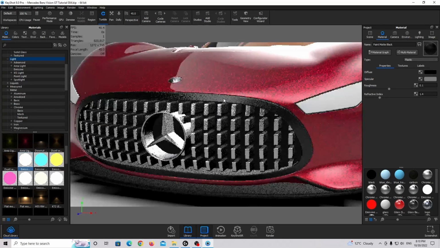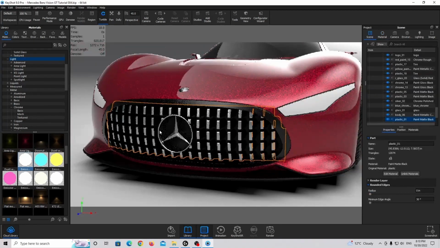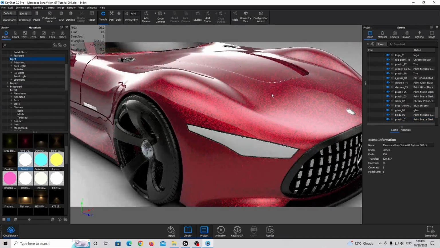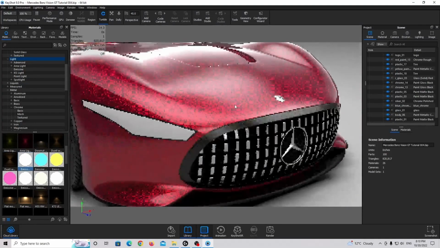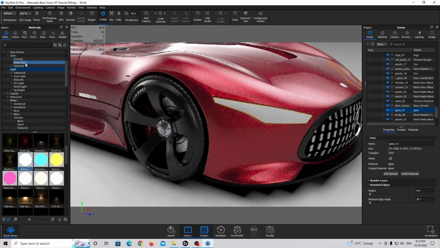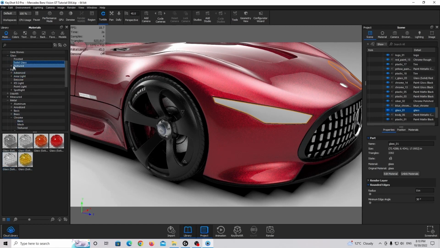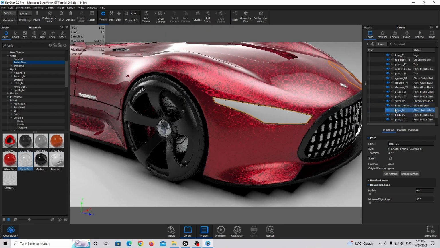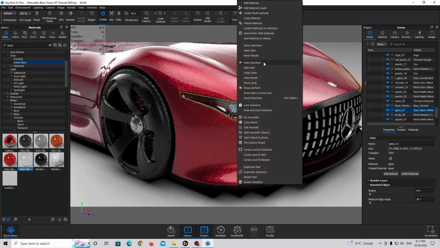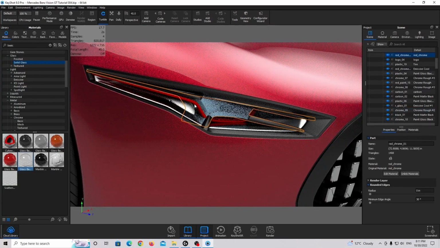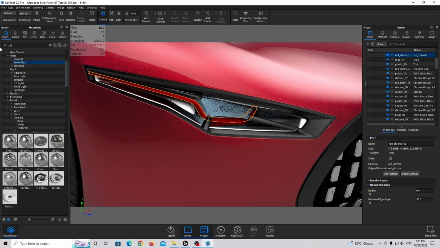Like this. All right. I'm going to use glass basic for these headlights. So I'm going to click on this and I'm going to find my solid glass, or actually basic glass. I'm going to use this pure white. I'm going to hide this part. And for this, I'm going to use the chrome polished,